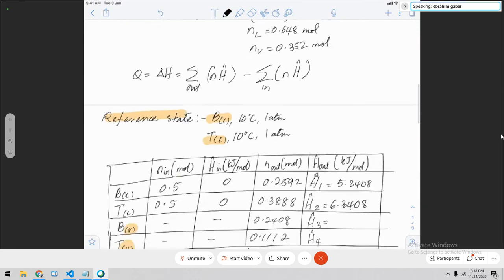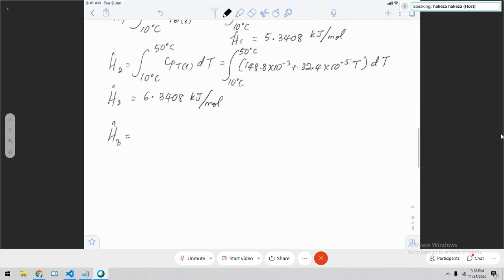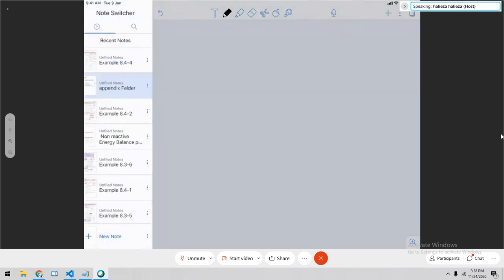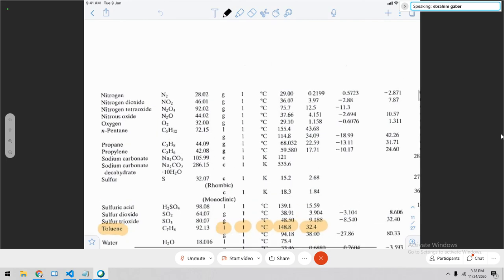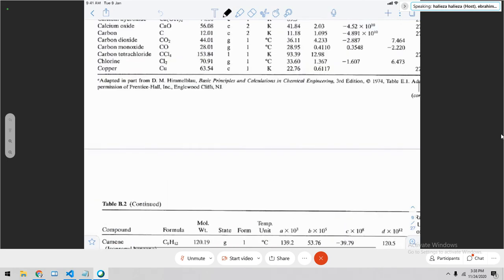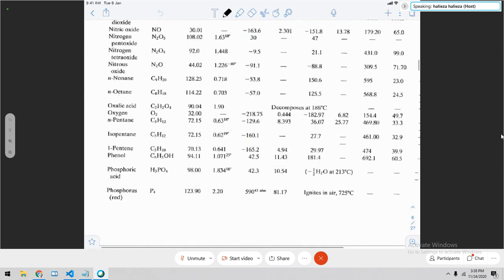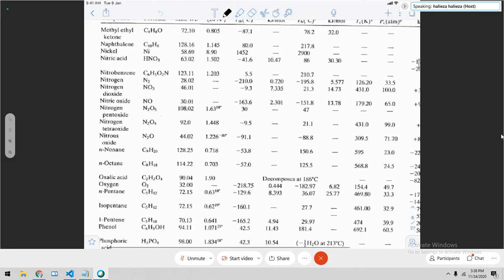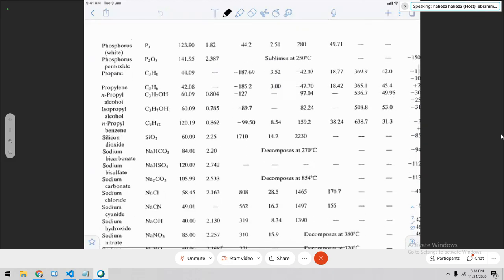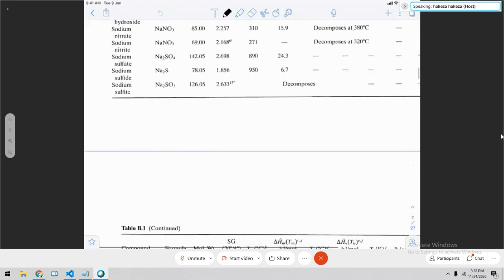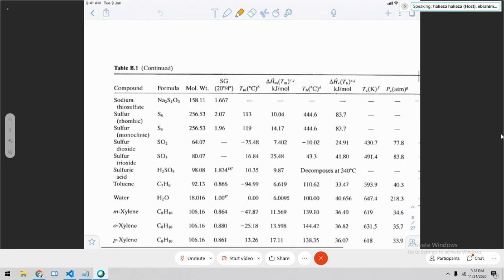So what do you have to do now? You need to look up what? Look up the table, the latent heat. Yes. You need to look up the latent heat and also the boiling point temperature, for both benzene and toluene. So toluene, I just missed it. Where is toluene? Okay, this is toluene. So that's the boiling point, that is the latent heat. Okay, that's for toluene. Jot that down. You need that. And for benzene,